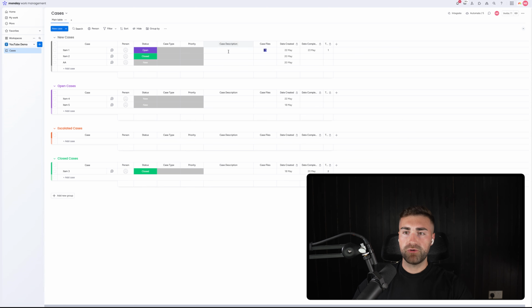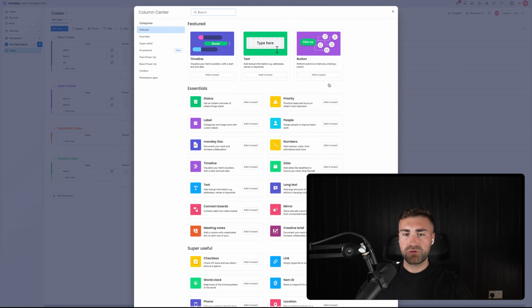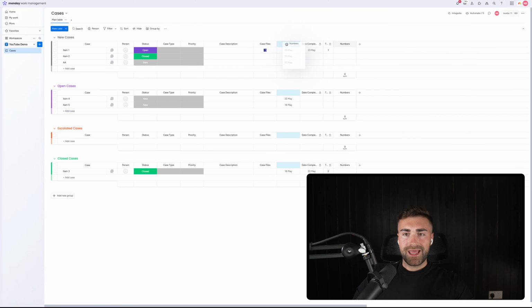And then of course you can begin to build out more nuanced information for your business and whatever you're using case management for. You can use the plus button on the right hand side here, and just scroll through. You'll see loads of different options. You might have a numbers and a timeline and a date and when it's going to be fixed. So that's actually a great example. I'll come on to that now. So what you can also do within a case is